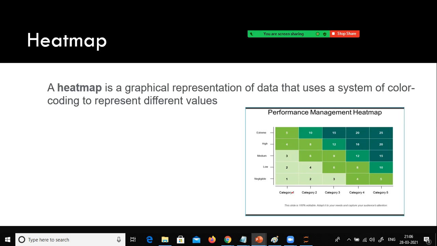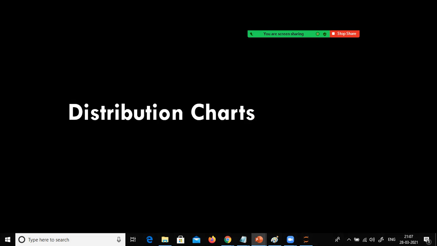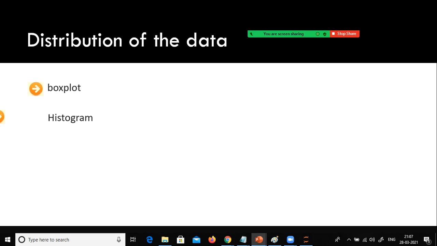Look here: category 1, category 2, category 3, whichever box is very big, that means that is where the sales are high. Or here you can specify some kind of spectrum, like this. Along with this there will be a spectrum. The darker green means the sale is very good, and lighter green means the sale is moderate or weak. Just by comparing the color you will get to know about the performance. The heat map is very helpful to quickly understand your sales performance.